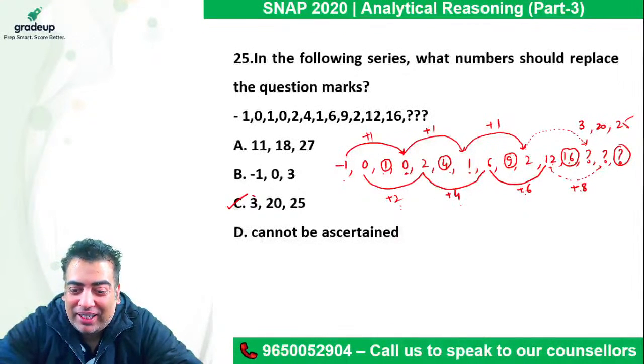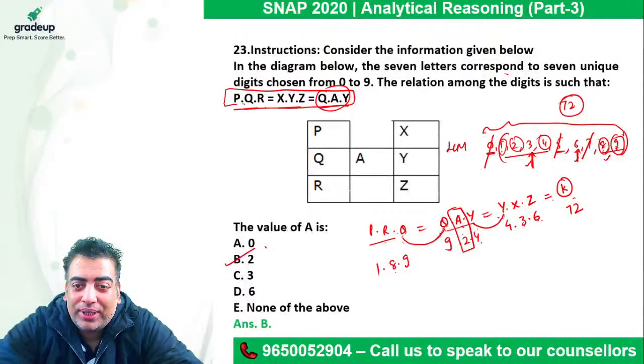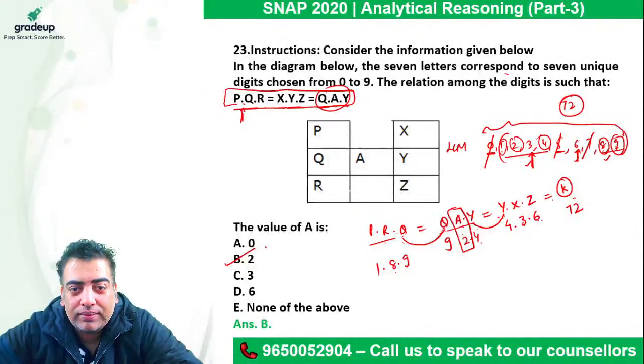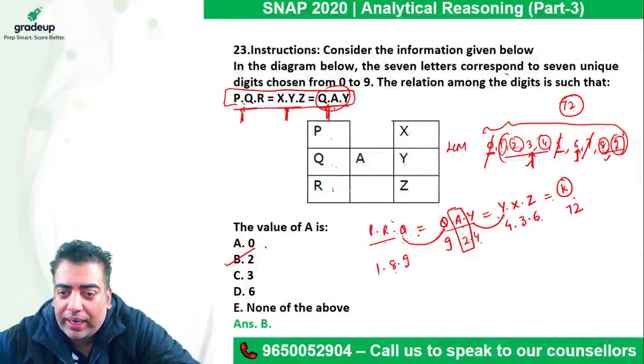Okay, numbers and matrix form. Let's do it. So in this case, the products given to me were equal. All right. So first of all, I rearrange them in this order, which is P into R into Q equal to Q A by equal Y Z X. So the two values that are equal in two of them, I place them side by side so that the placing of the values becomes easier for me.